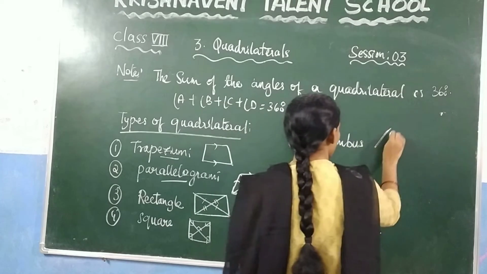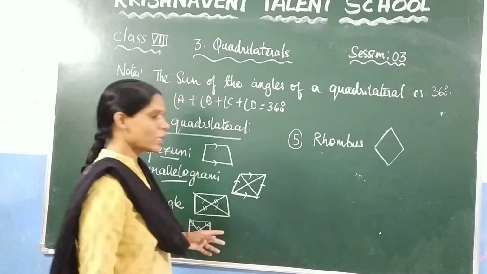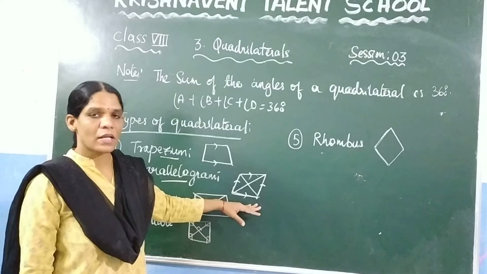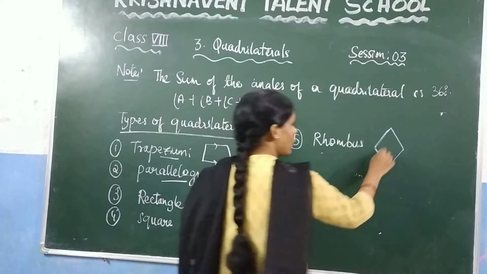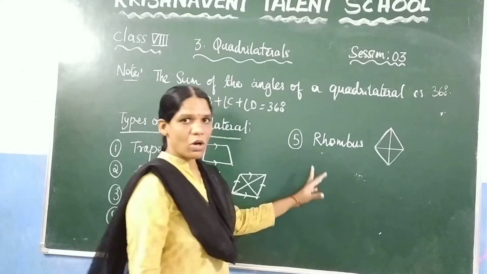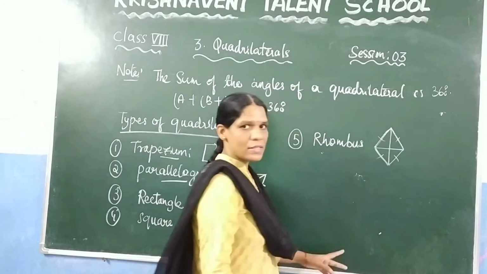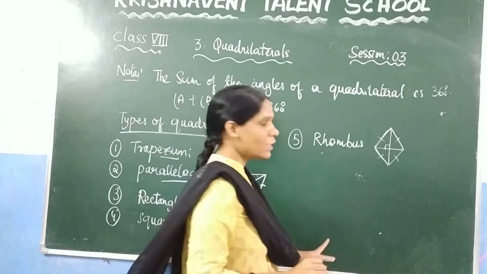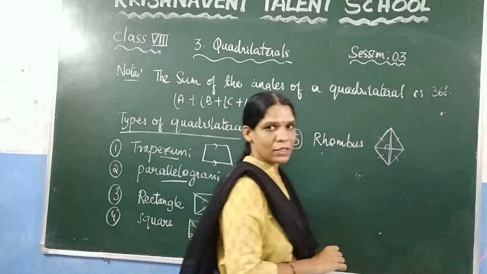So how will it look like this. So here, how do you get the rhombus? If in a parallelogram, this is a parallelogram, if the adjacent sides are equal, we will get a rhombus. So what are the properties of the rhombus we have discussed in the last session? In a rhombus also all sides are equal. That means here this side and this side are equal. And similarly, here the angle is 90 degrees, right? And after that, the diagonals are not equal, but the diagonals bisect perpendicularly.